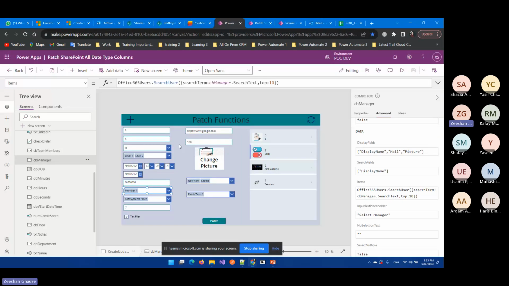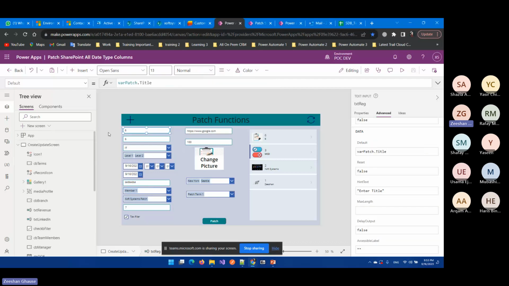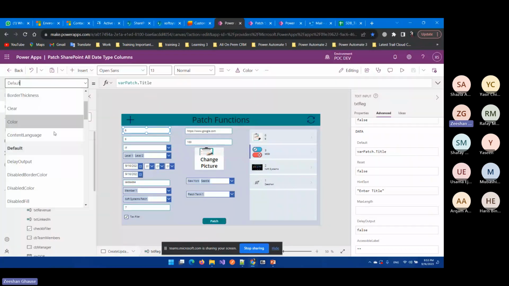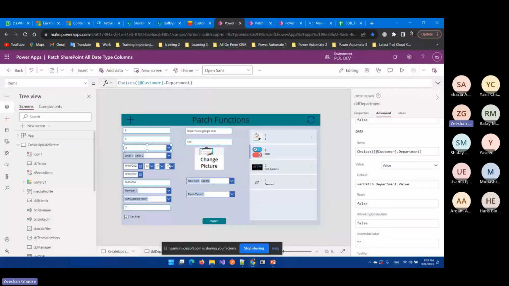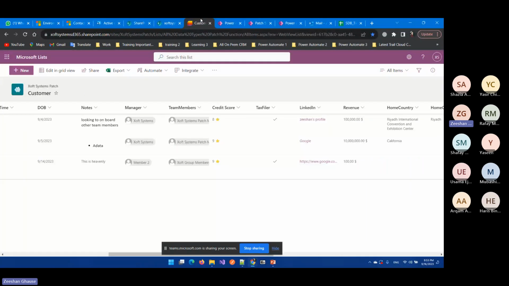So how are we fetching the data, and where from am I fetching it? For this record, of course, I don't need to fetch the data because I will ask the user to enter the data inside the title and the name at runtime, on the fly. So that's why I'm not using the value of this field, since this data is not coming from somewhere. While for this one, for the items to show here, I am fetching all the details